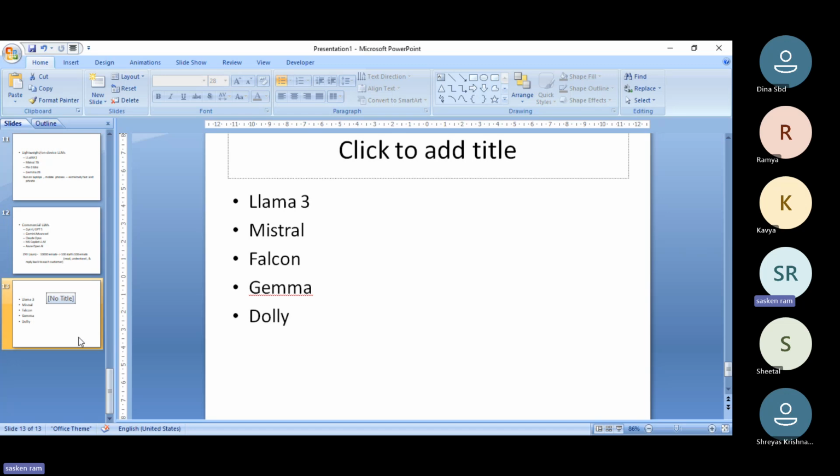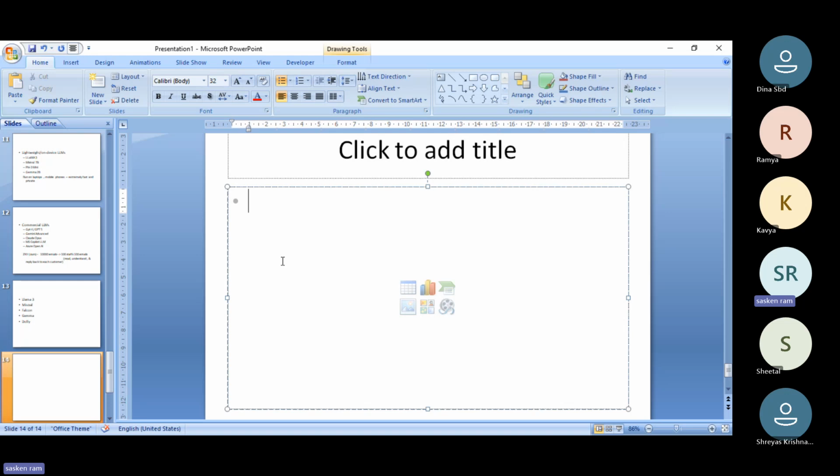Next is an important topic: what is prompt engineering? Now that you have a fair idea of all these things, if you say you attended a GenAI training and you are a GenAI engineer, you should know all of this. These are the bare minimum things you should know. What is prompt engineering, guys?